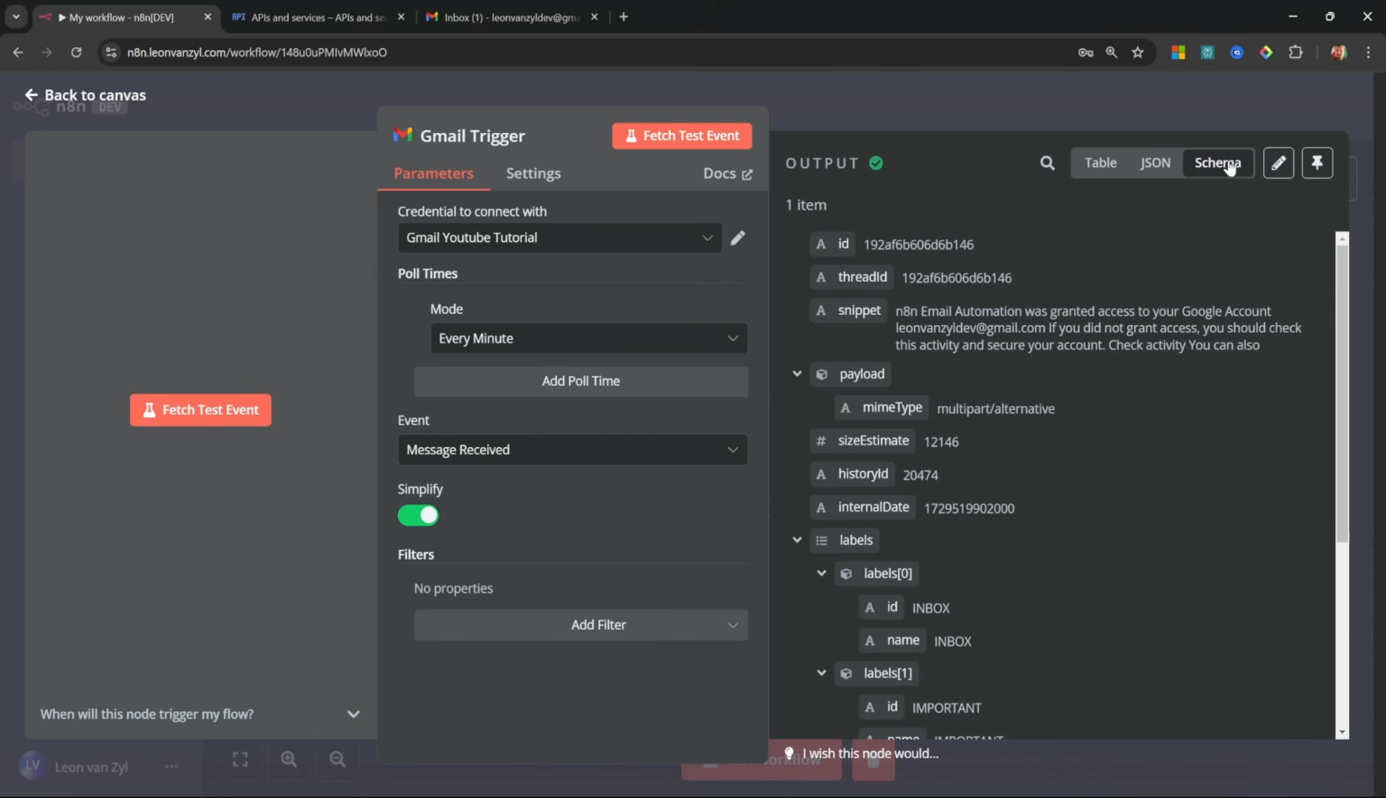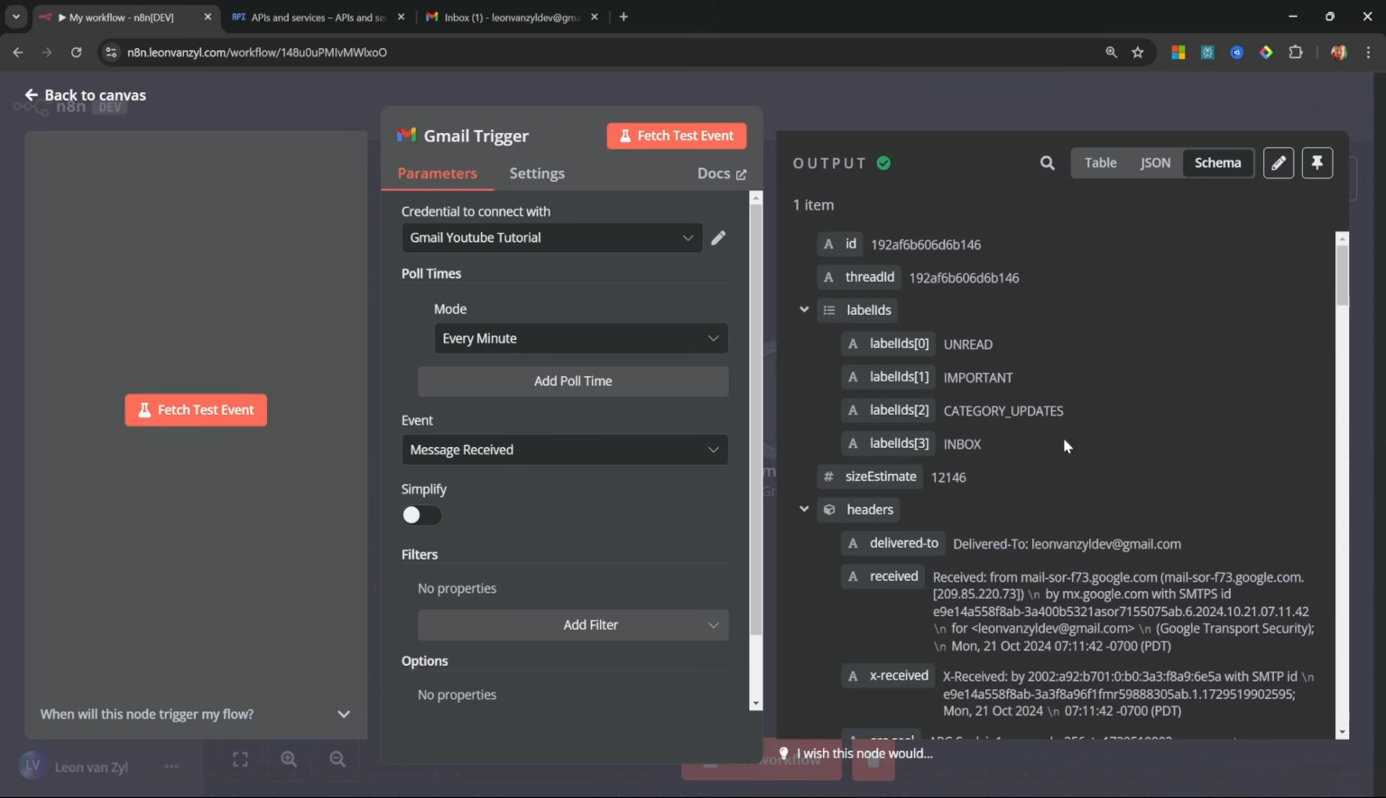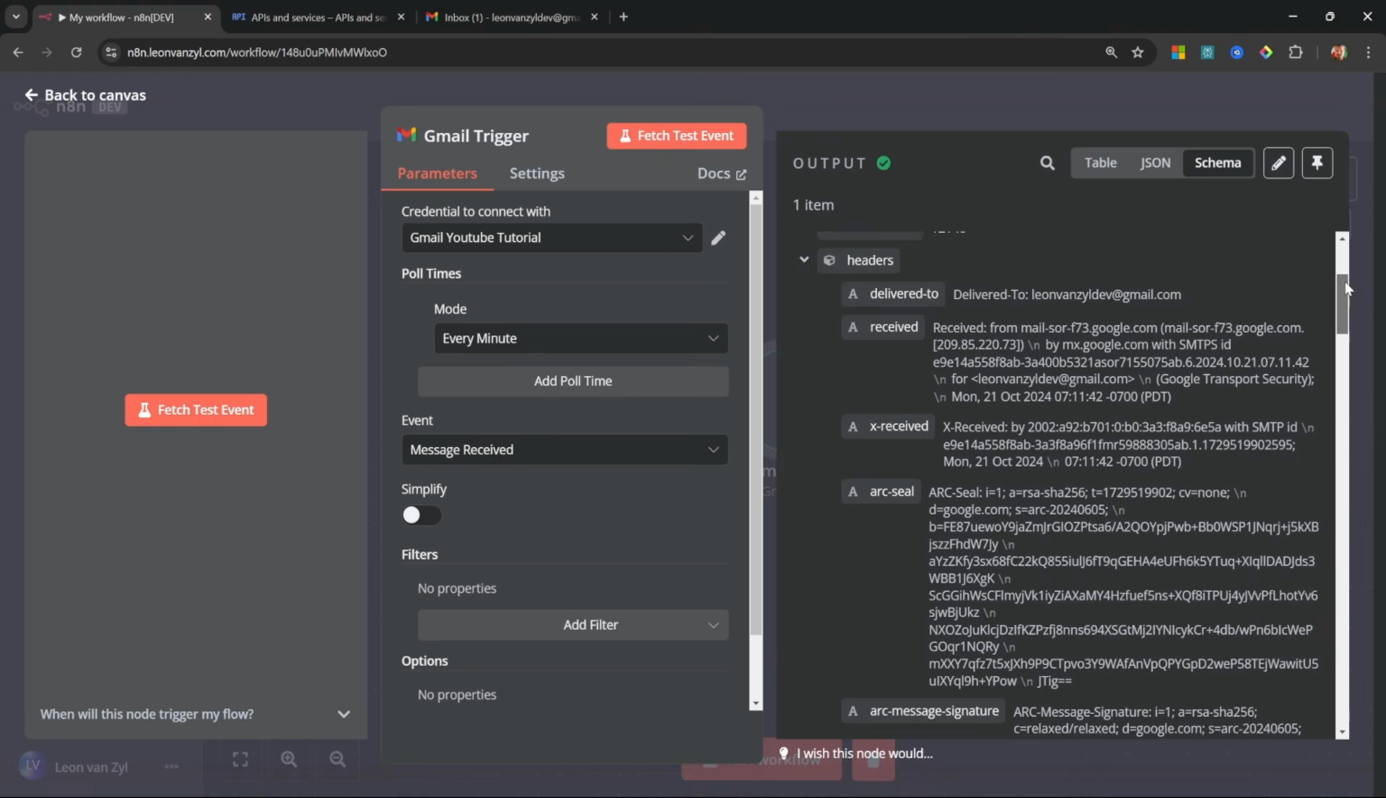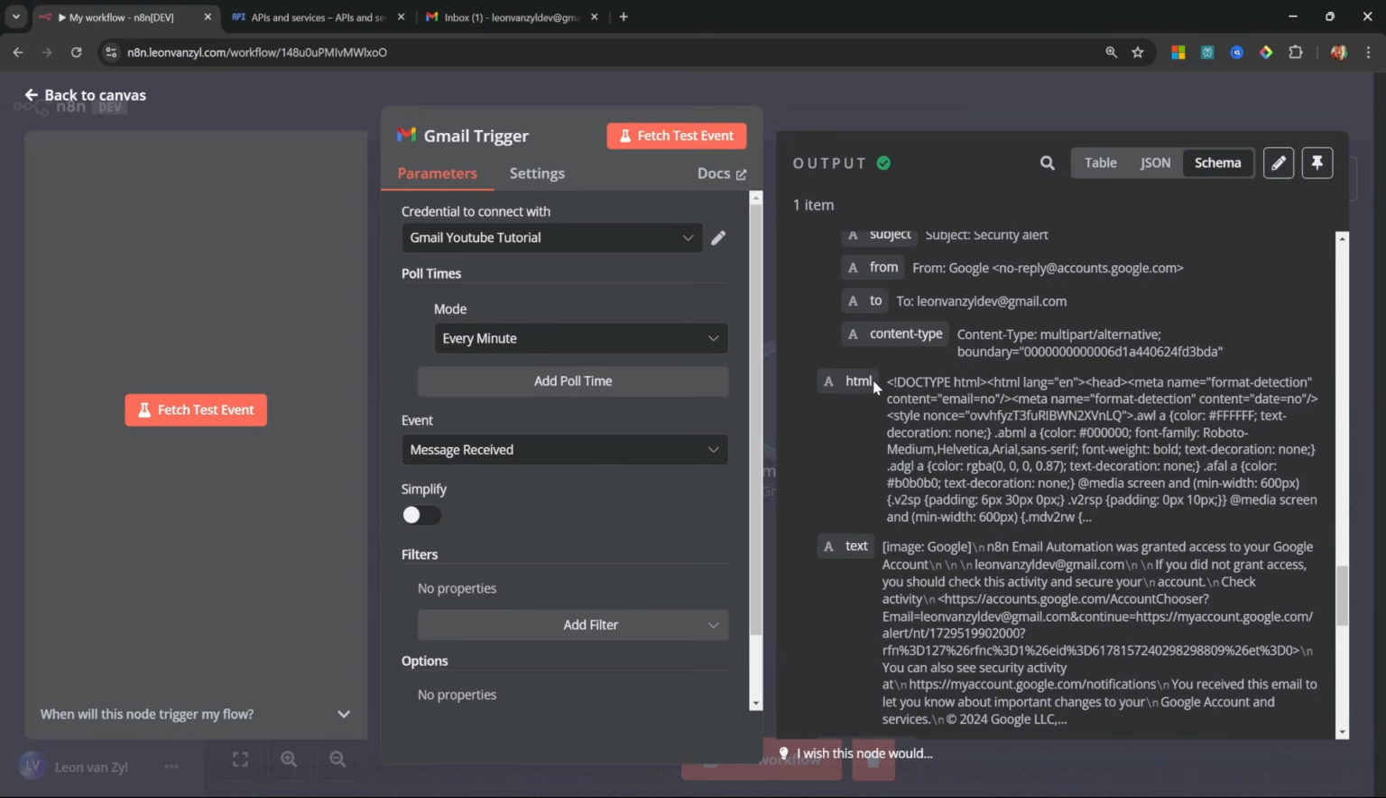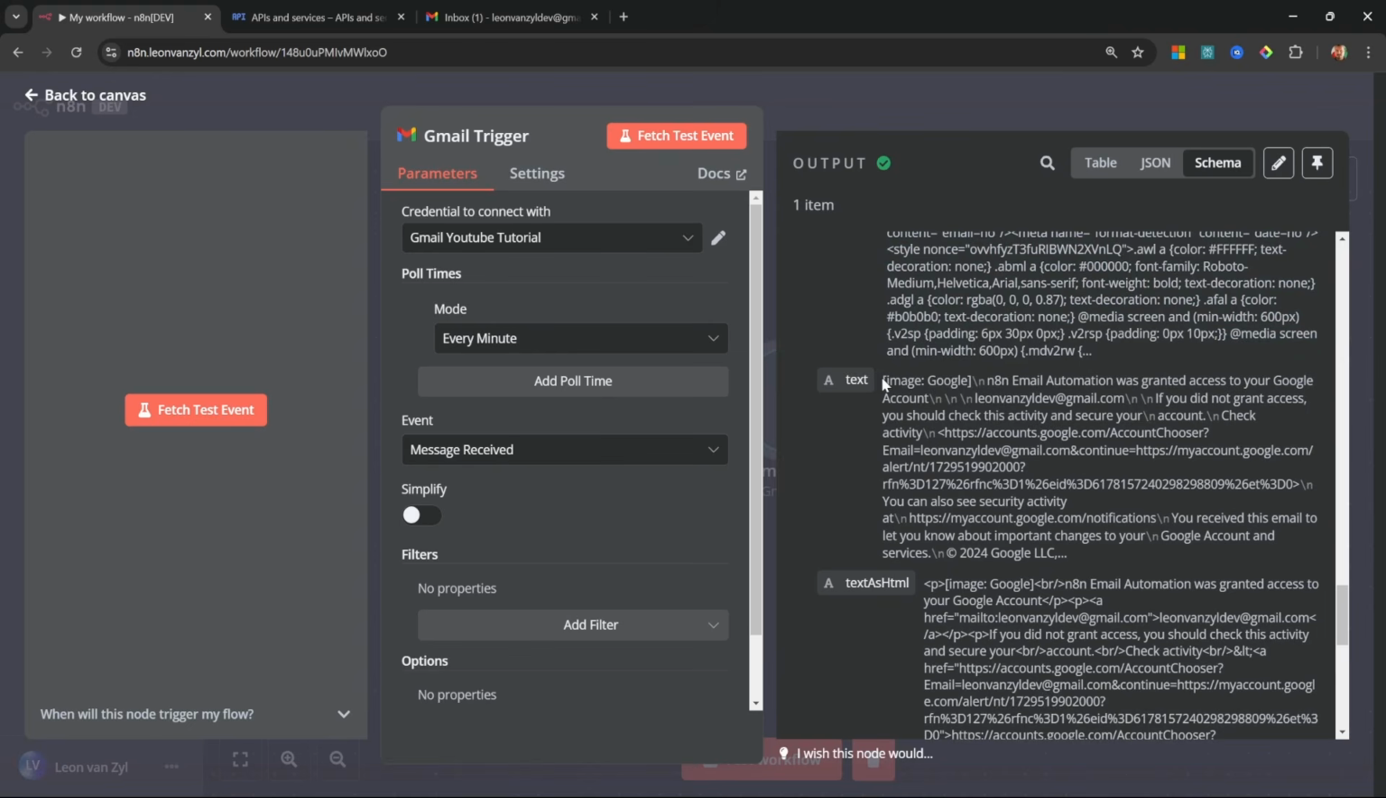And if we look at this in the schema view, we can see the snippet, which is just a short snippet from the actual email and not the entire payload, which is not ideal. So let's actually disable the Simplify button. Then let's click on this again. And this time you'll notice a lot more information pulling through. And if we scroll down, we can see the email content in HTML format and the cleaner text version of